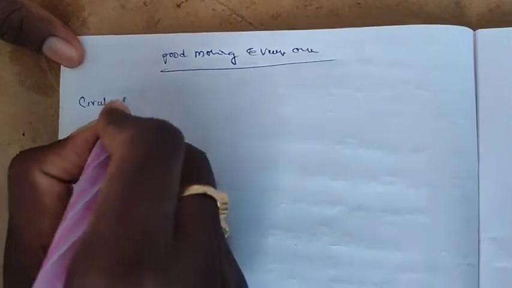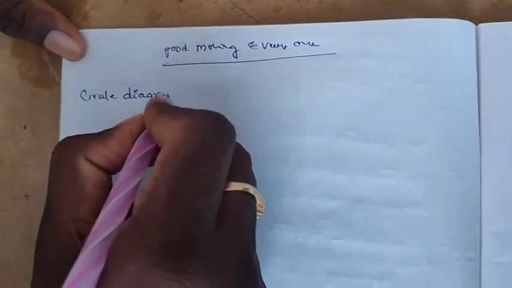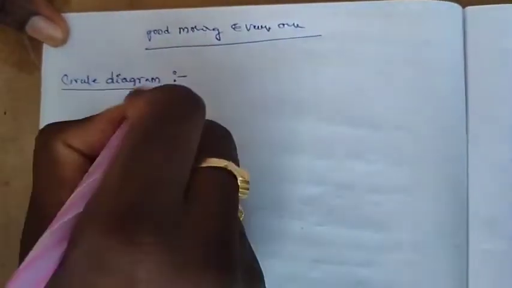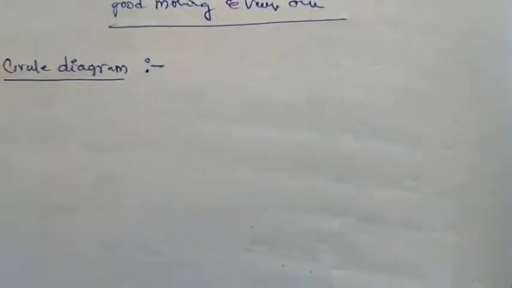So last class we discussed the torque slip characteristics of induction motor. Another topic in the fourth unit is the circle diagram. So the definition of the circle diagram is,